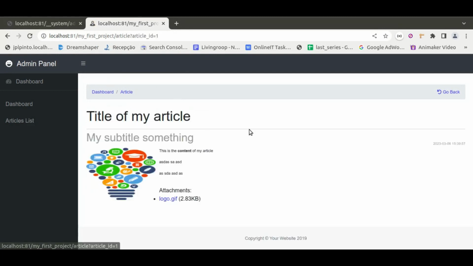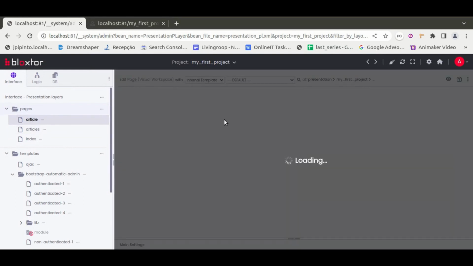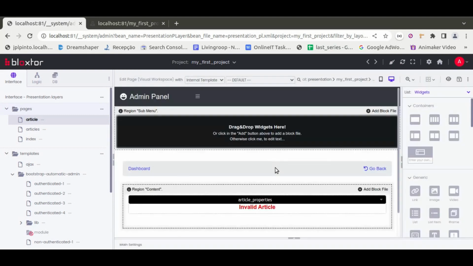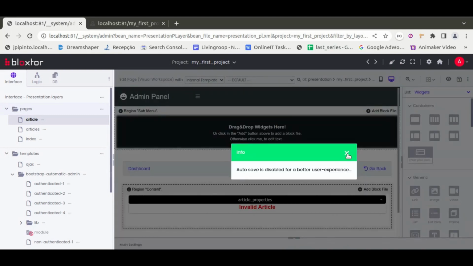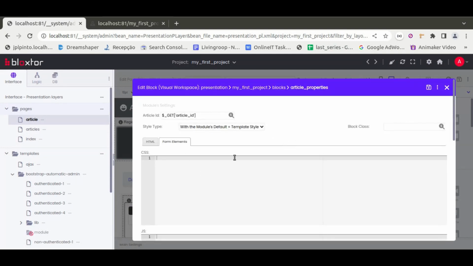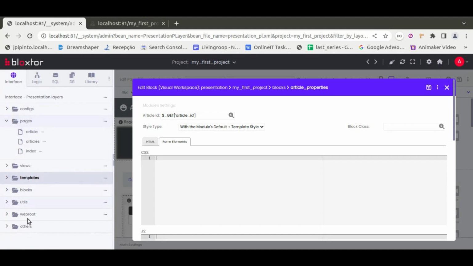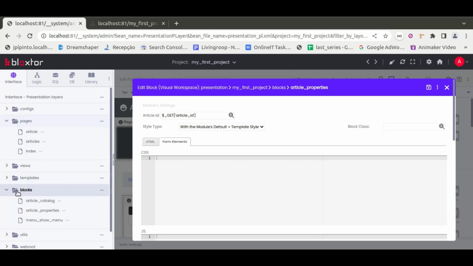The same thing in the articles module. If I go to my articles module, which can be achievable through the page, the same way that we did in the articles list, which can be achievable through this button, the edit, or if I want to edit through the page, I can just go here, show advanced items. Automatically it shows me in this navigation other folders, including the blocks folder, where I click in the blocks folder and I go to my correspondent